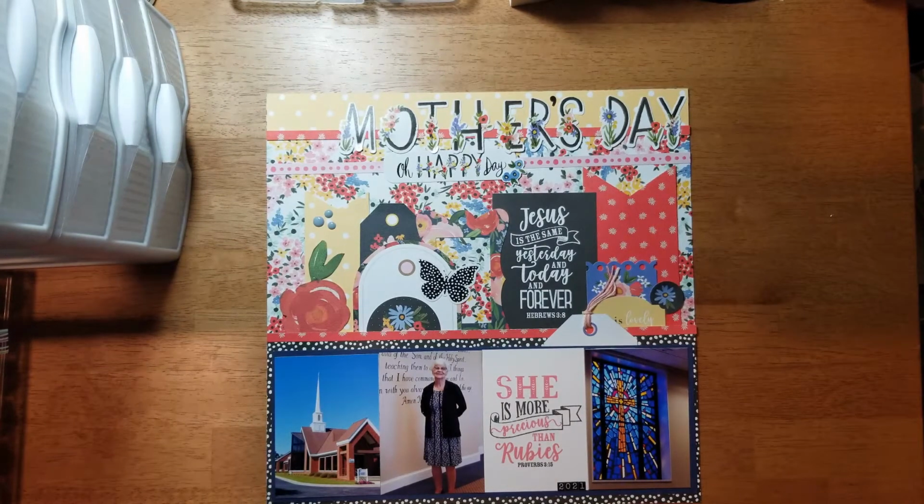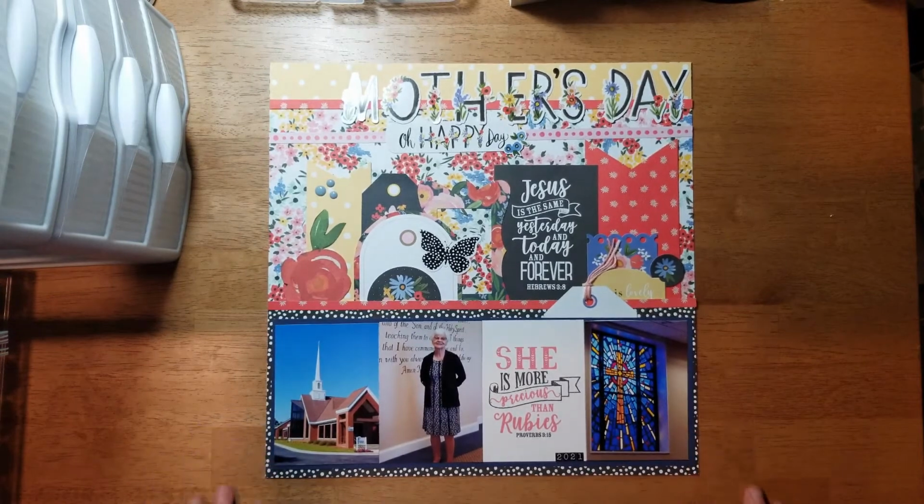Now this layout is a scrap lift, because that's what I do. I'm a scrap lifter, because I don't like coming up with my own designs. I don't enjoy that process. It is from Coley Bing,